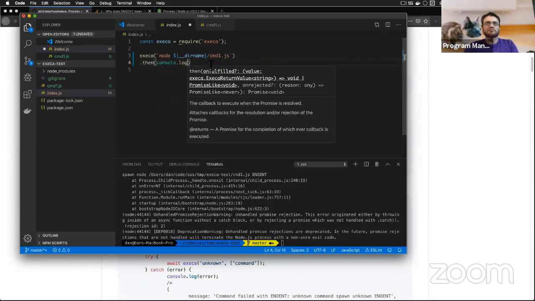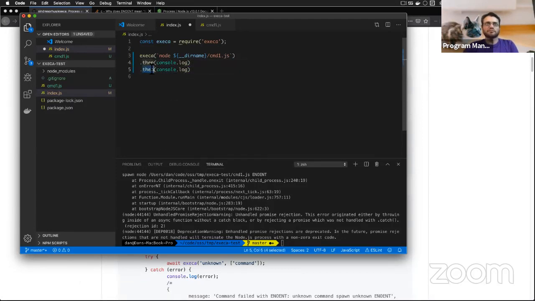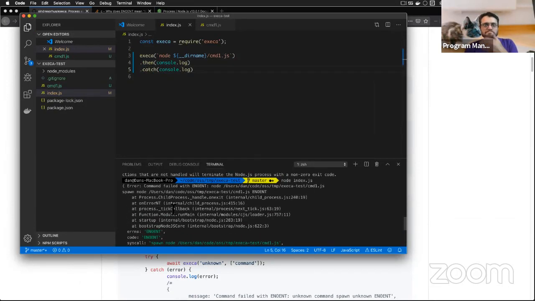And put in some error handling in here. Okay. Hey, at least that looks prettier. Okay, so it's trying to run that CMD1 from index. So that's what this is telling me. And so ENOENT,